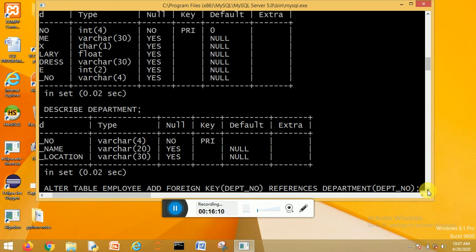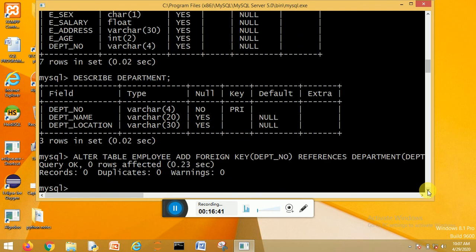As I told you, one table's primary key acts as a foreign key in another table, and vice versa, one table's foreign key references the primary key of another table. So: alter table employee add foreign key department number references department department number.